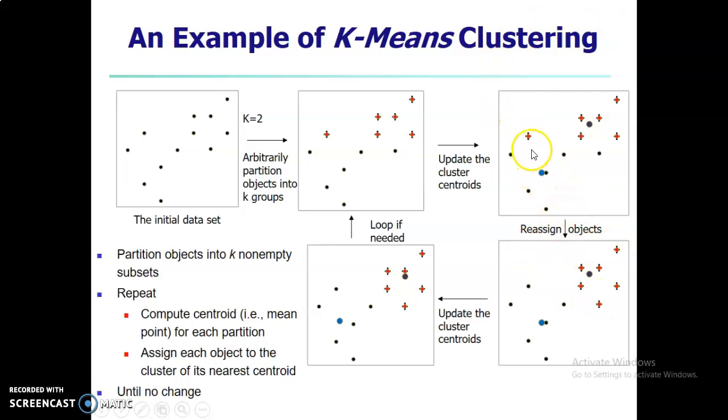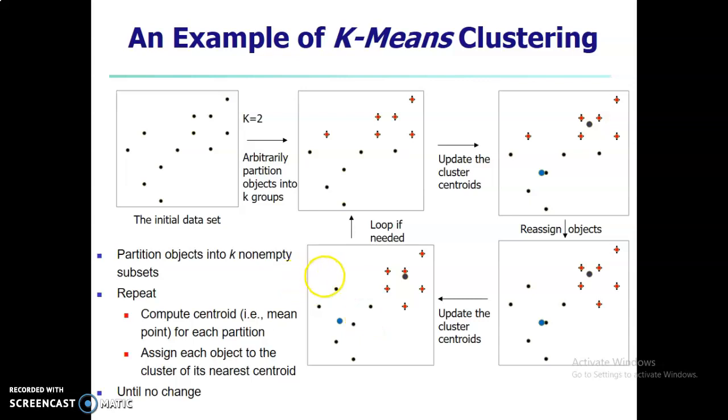As you can see over here, this particular point was initially falling into cluster number 1. Now it is not near centroid 1, it is near centroid 2. So it has moved into the second cluster. Now we have got the new clusters. That is what we have done: the reassignment of the objects based on the new means. For the new clusters, again find the new means, and for every data object, check which mean it is near to.